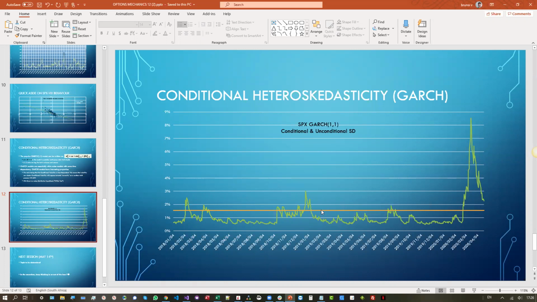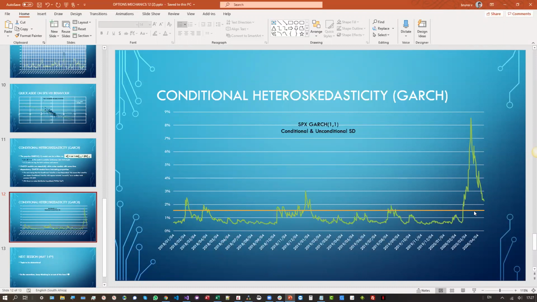GARCH will actually help you calculate what is called the unconditional standard deviation or unconditional volatility, which can be looked at more or less as a long-term volatility. Let's not forget that SPX and VIX and volatility in general tend to be mean reverting. And now that would actually support my hypothesis that we may stay in a fairly high volatility environment, basically a new norm or a new standard.